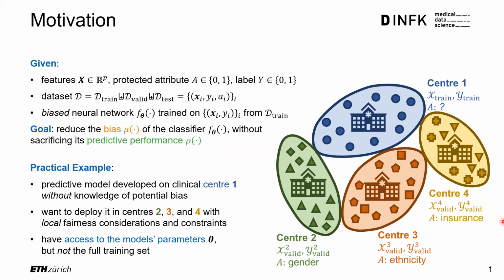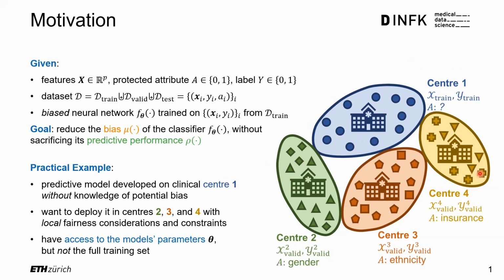It is also relatively reasonable to assume that we actually have access to the model's parameters theta when deploying this model in Center 2 or Center 3 or Center 4. However, we might not have full access to the training set from Center 1 due to, for example, privacy concerns or data sharing infrastructure issues. So it might be much more practical to debias the model based on the local data in those centers, given